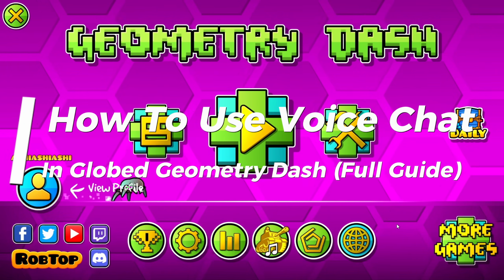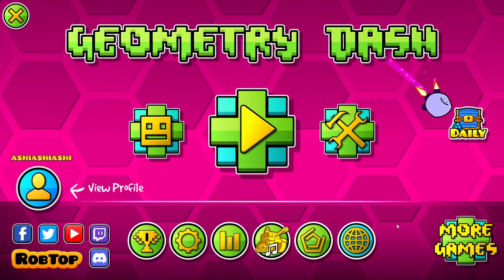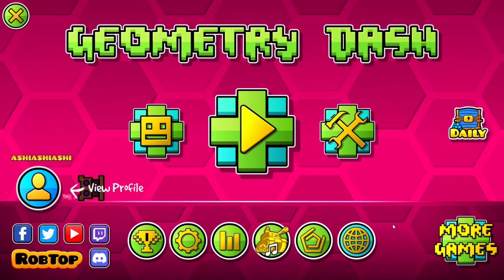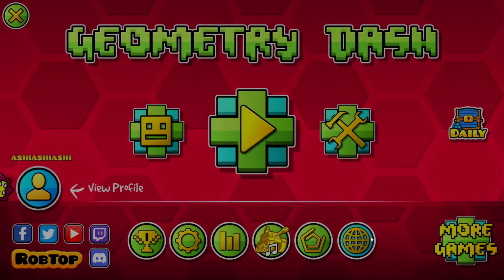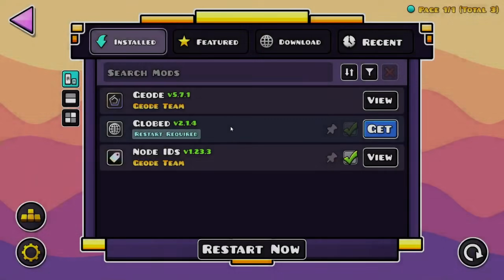How to use voice chat in Globe in your Geometry Dash. So put in mind that you can only use voice chat in specific platforms, including PC. If you're trying this on your Android, then unfortunately, voice chat is not available for Globe. But if you want to know how, in available platforms, you're gonna go ahead and make sure you have it